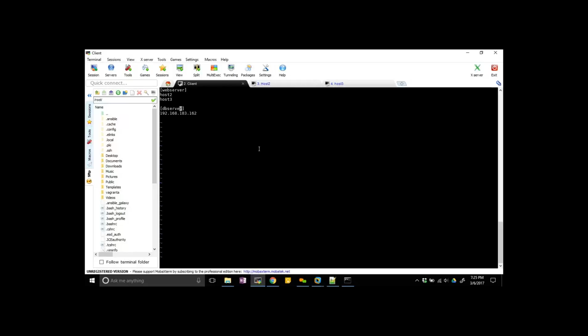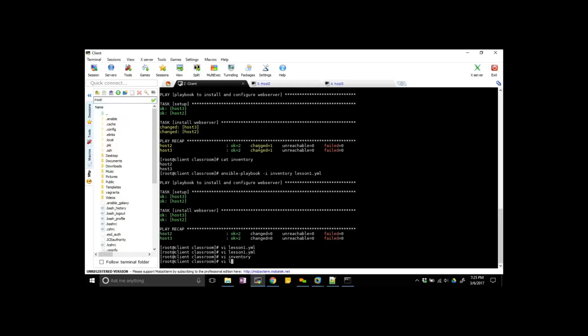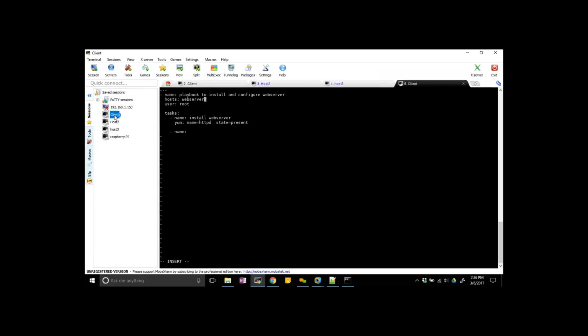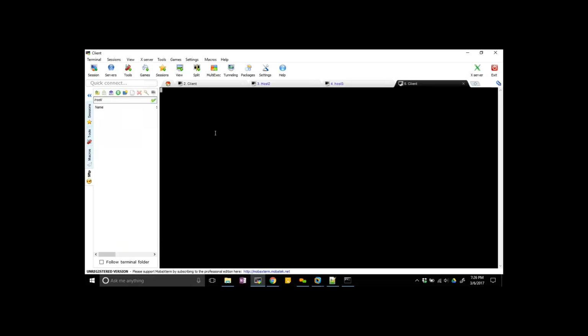Now in the script, instead of hosts all, I will use web server. So I'm defining a group. When I say hosts colon web server, it will take the web server group from the inventory, and whatever machines are available in the web server group, it will take those two machines. Let me check one second.